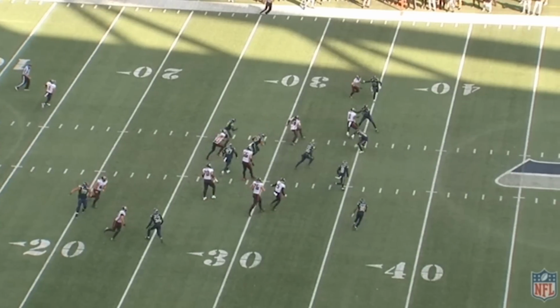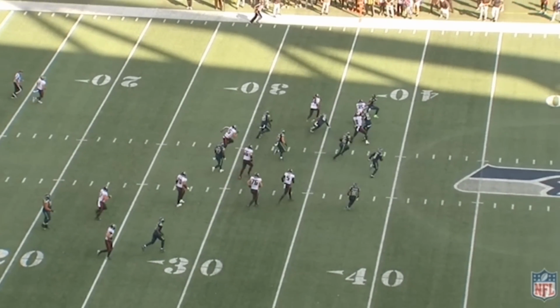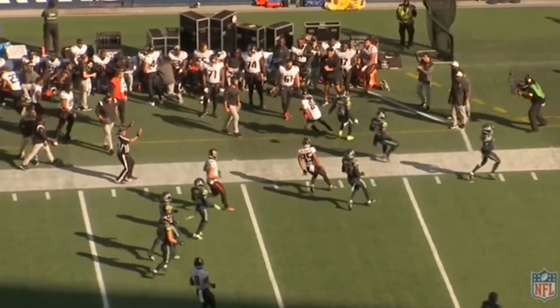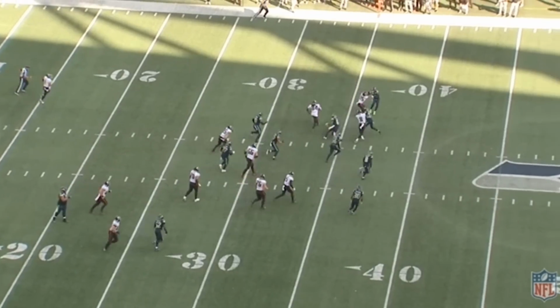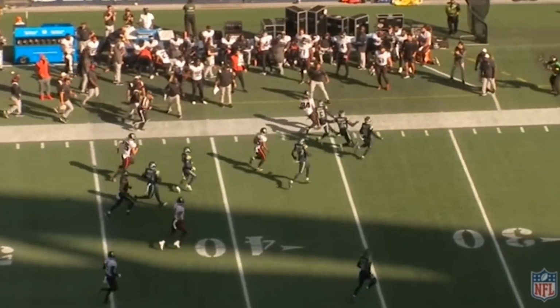But that's not what he does. He tries to go in and make the tackle. This block's able to set up, and now you have Cordarrelle Patterson. He has the sideline. Instead of getting in the teeth of the defense, he's up the sideline for a huge chunk play. And this is why I think Tariq Woolen's effort and his discipline in the run game, even though he's not making the tackles, is so important to why I think Seattle's had a lot of success containing some